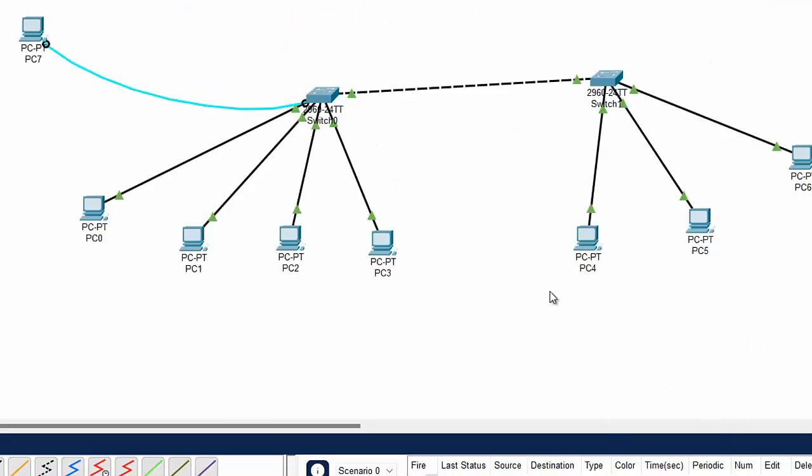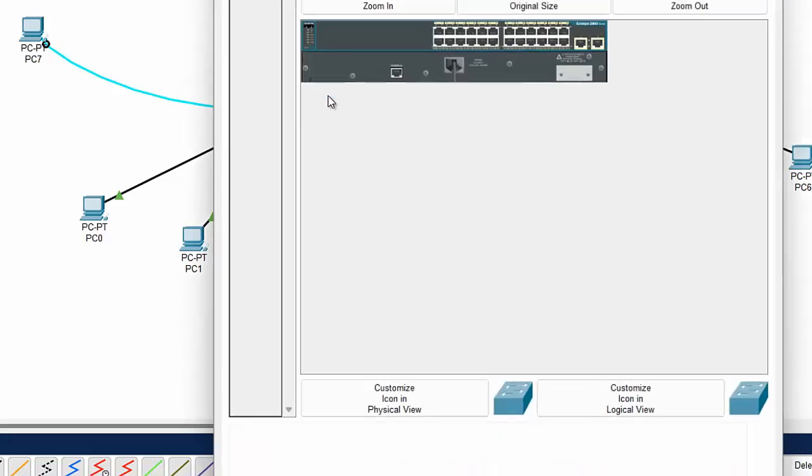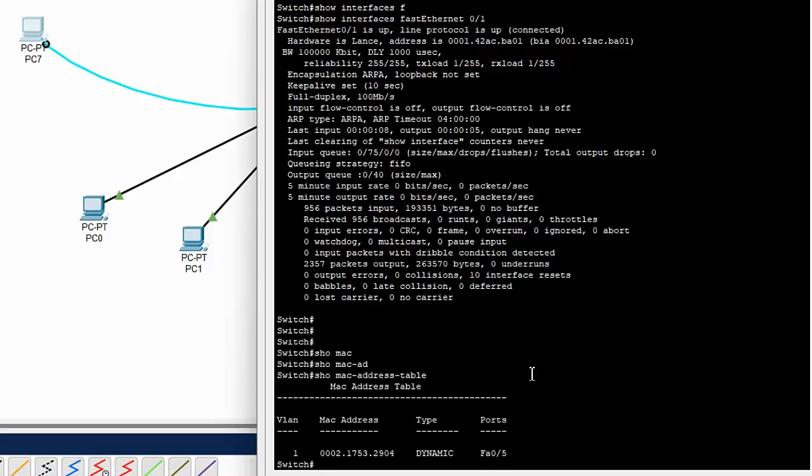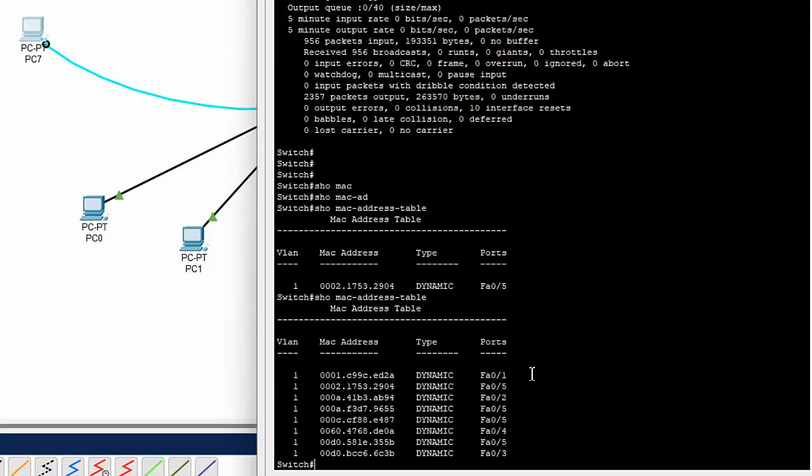So you can see all the computers have been pinged. So right now I am reaching this, and again I am running the same command. So you will see all the entries have been made. All the entries have been made, which means this is called the MAC table.